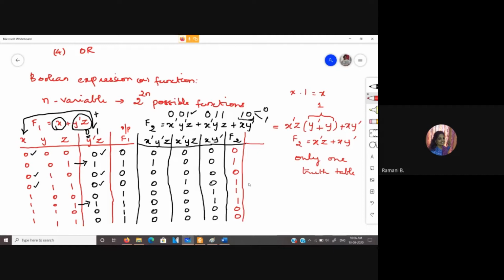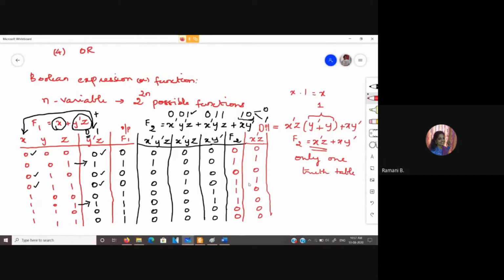Okay. So if we take this particular function as it is, we have this x y bar already. We will just write x bar z. So x bar z implies you need to have the value of x to be 0 and z to be 1. In between, y can be 0 or 1. So for 0 0 1 and 0 1 1 alone you will be having 1 over there. Other places are 0.